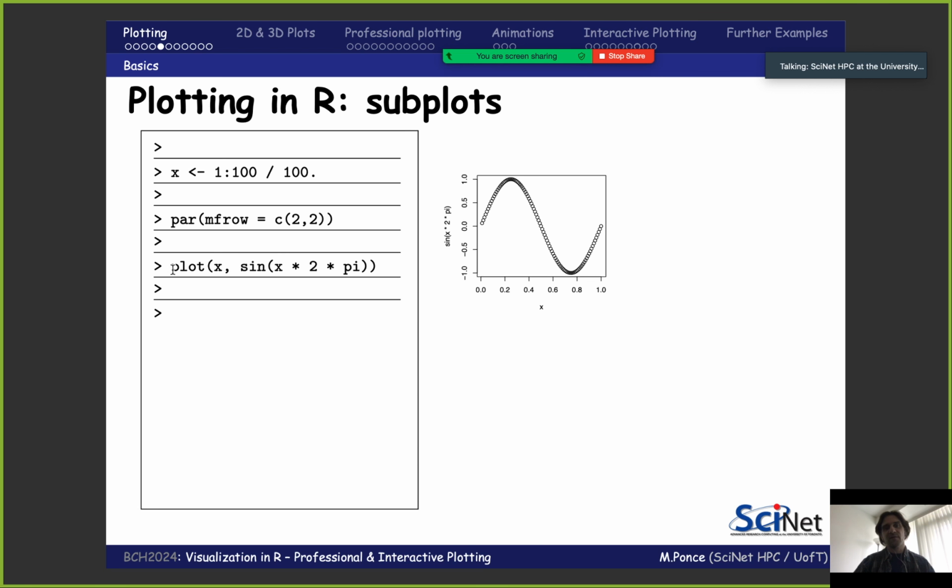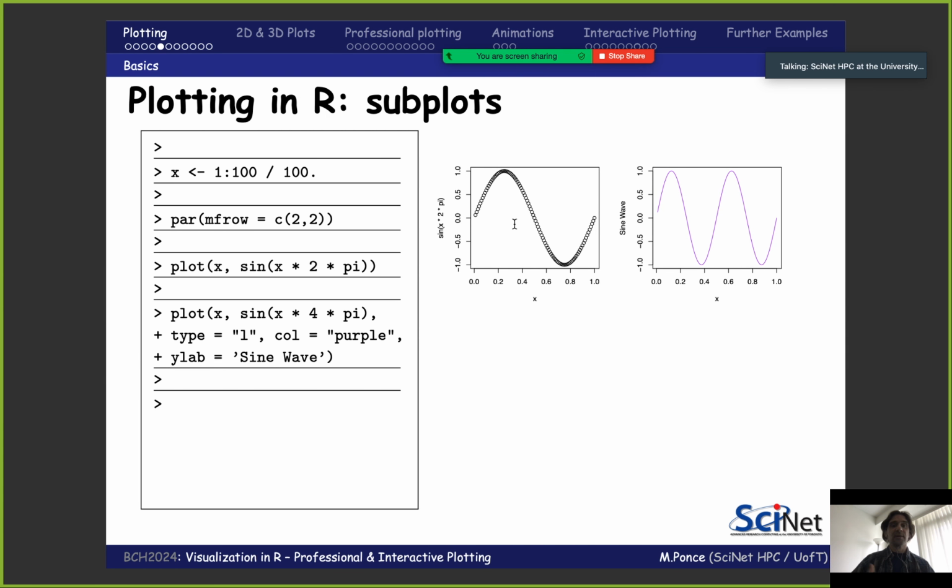When I execute my first command, similarly to what we did last time, plot of x and then the sinusoidal function, it places the plot in the very upper left corner. If I do a next plot, similar again to what we did last class, and now specifying some parameters for this plot, it goes to the next one. If you remember, what used to happen here is that, because I'm using two consecutive plot commands, if it was just one window, it would overwrite the original one. But because now I have a grid of 2 by 2 elements, I'm going to keep jumping ahead.